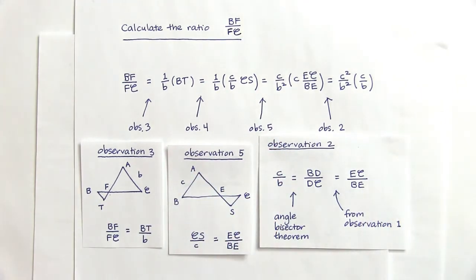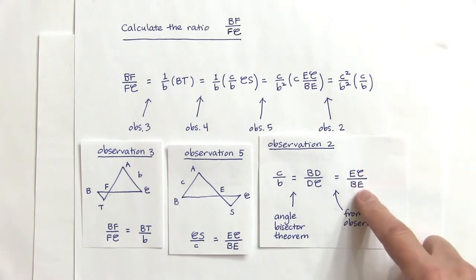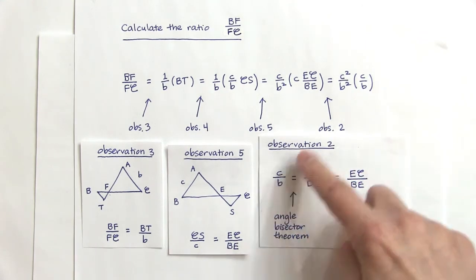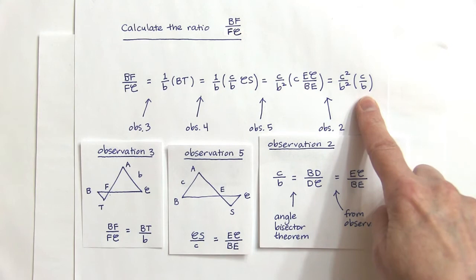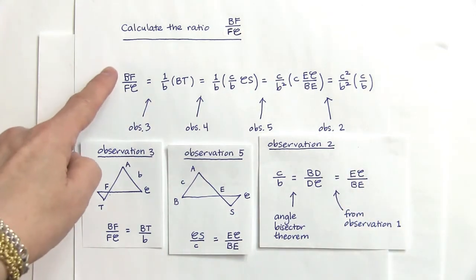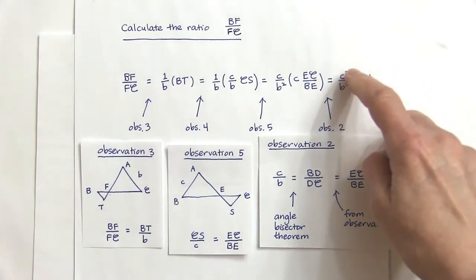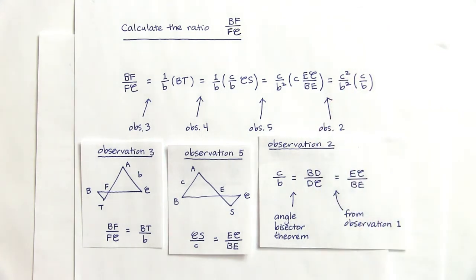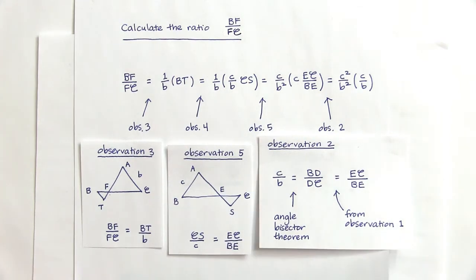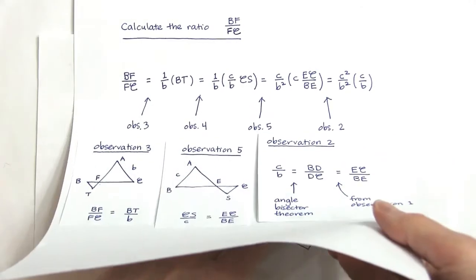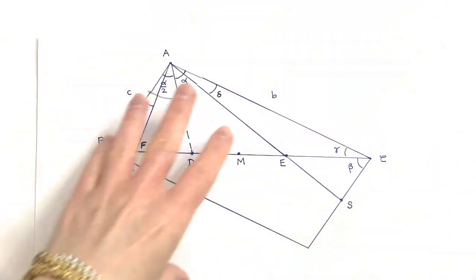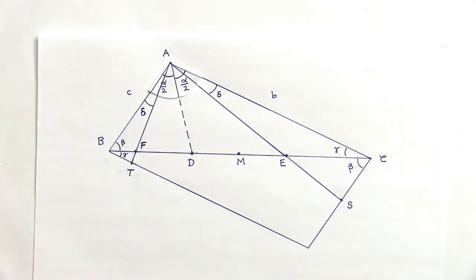As we recall, EC over BE is the same as C over B. And we've got it. The ratio BF over FC is C cubed over B cubed. Now we can wrap up just a couple loose ends, and we'll be finished. So recall last time